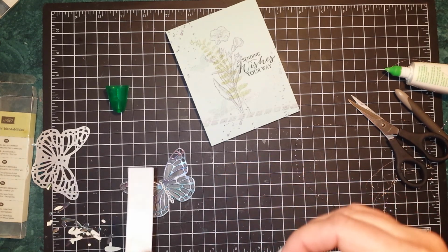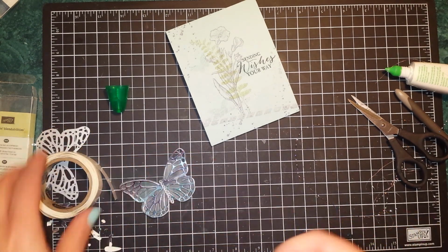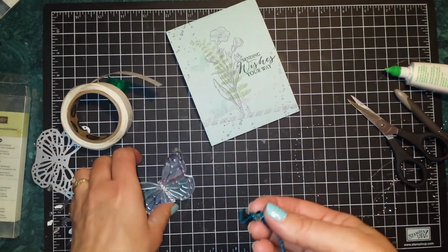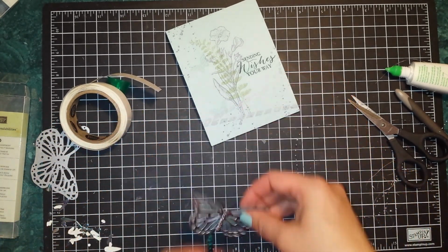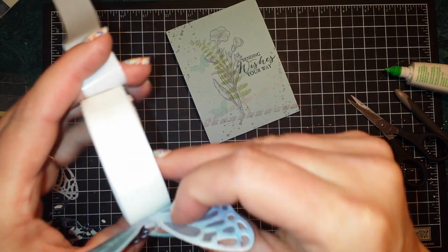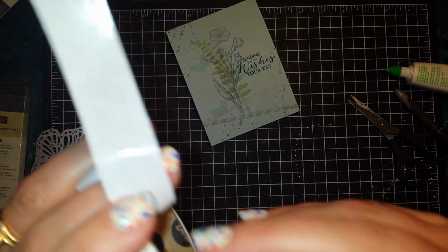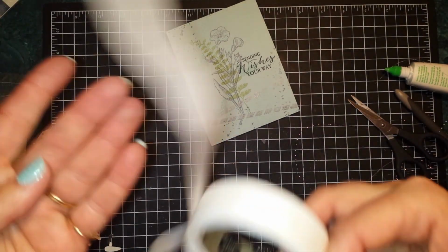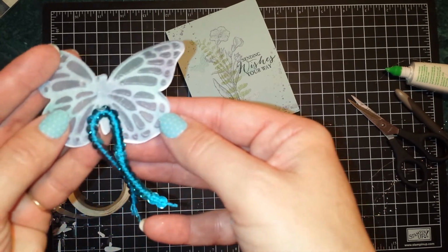This is just some of our sequins. I believe it's the Bermuda color. And, oh, I put the sticky on the wrong side. So I'm going to put the sticky on the front side, because I'm actually going to attach it to the back of the butterfly. I found that it's a little bit easier. Same thing with the silver that I just took out of my baker's twine. So I'm just adding some random little mini glue dots onto the back of my butterfly, like that,